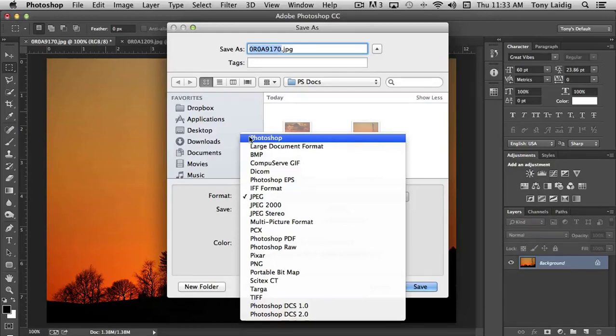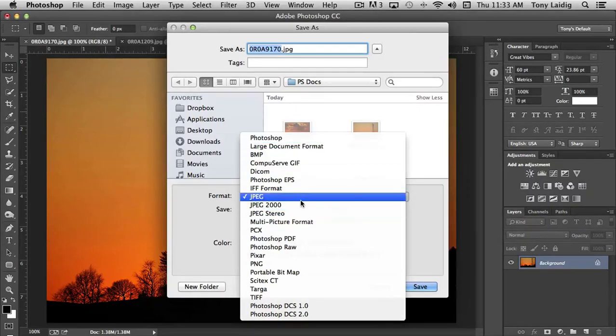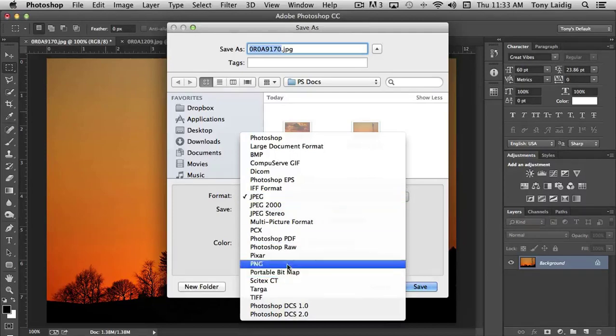If you're done with your work and you've already saved a Photoshop version of your work, you may want to then select one of the other options depending on what its final use is. If you're going to be using your document for the web, then JPEG or PNG would be the best options for you to use. If you're saving your document for print, whether it's a book cover or perhaps it's graphics